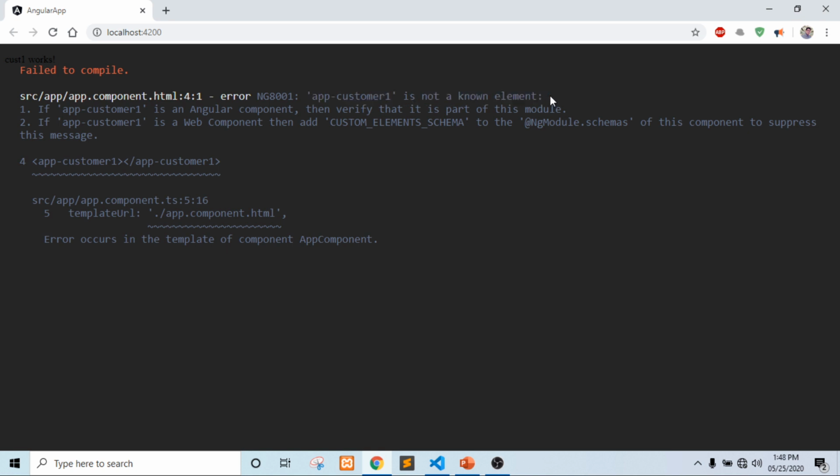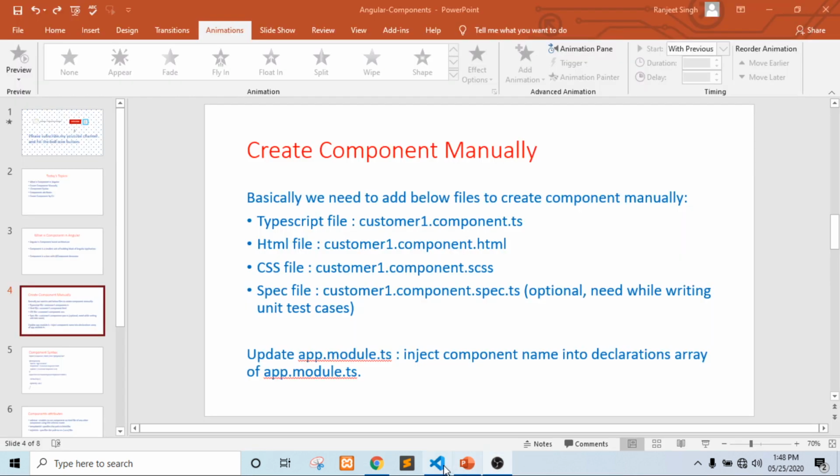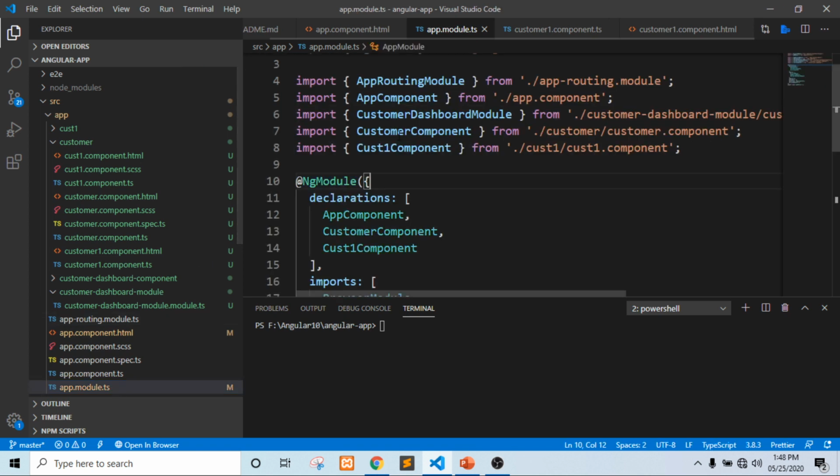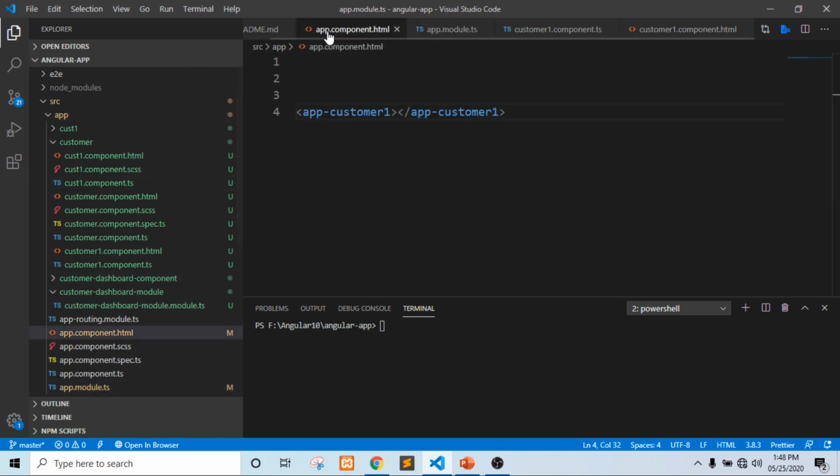When you create any component manually and you add an HTML file, a CSS file, a TypeScript file, but by mistake you forgot to put it into the root module, that error comes because Angular is not aware of it. The app.component.html file is not aware of this component.